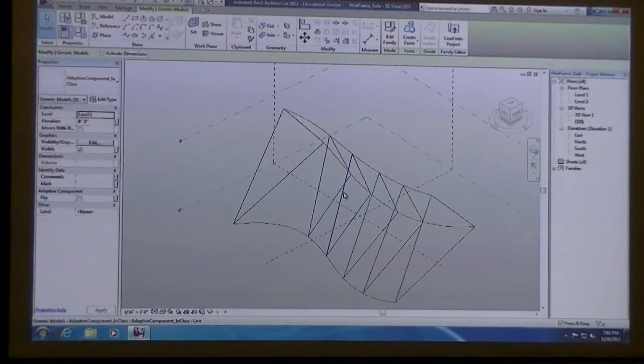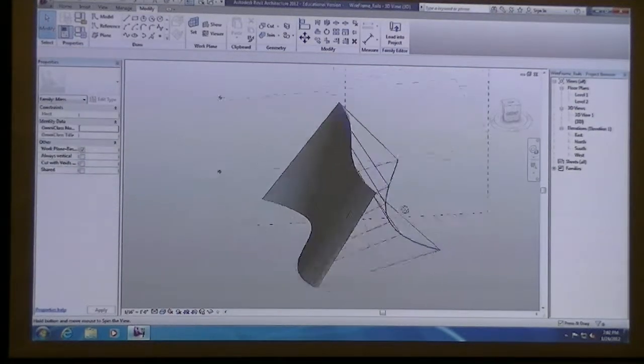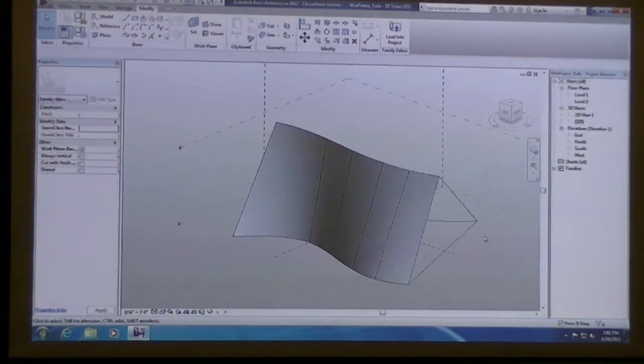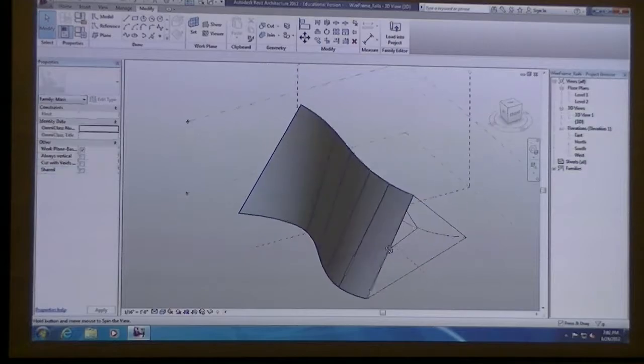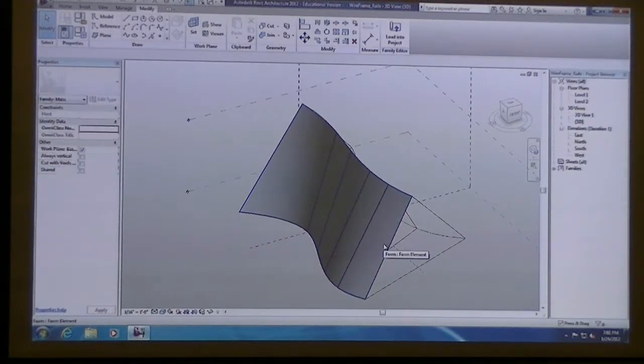And so I'm selecting all of the section curves that are associated with this one plane. And if I create a form, I get a lofted surface that might help you if you're having trouble trying to loft your other curves in the other direction.